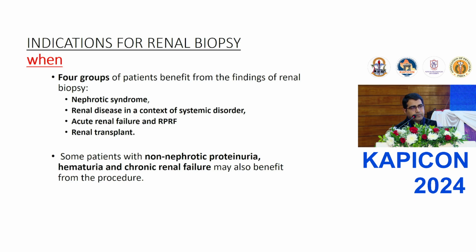And for other therapies, either we usually go with a single monotherapy of corticosteroids or involvement of CNIs or MMF or rituximab. For that case, we should always have the pathological diagnosis of a nephrotic syndrome, not directly start with the steroids. The next context is a renal disease in the context of a systemic disorder. The systemic disorder can be vasculitis or lupus nephritis, or even in diabetic patients.